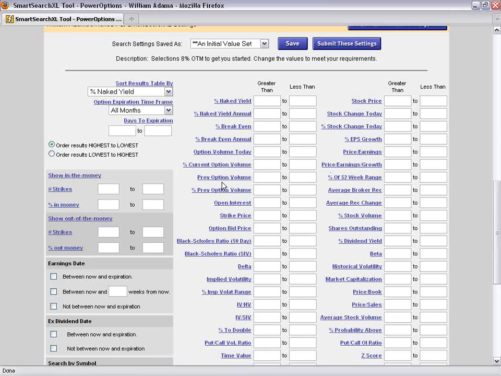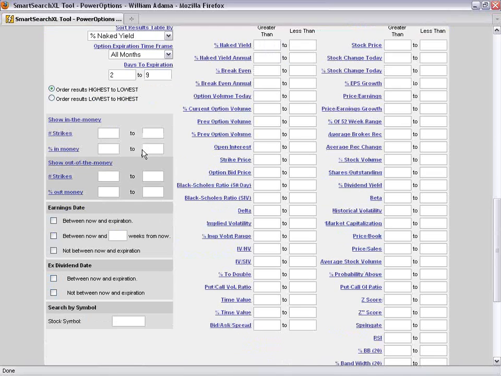So we cleared out our settings from the base search. I'm going to select my option expiration time frame of all months. I could select March if I wanted to, but I'm just going to select all months. I'm going to narrow my days to expiration from, in this case, 2 to 9. So I'm filtering out everything that expires on Saturday and including any of the options that will expire next week, so I don't see duplicates of various strike prices.